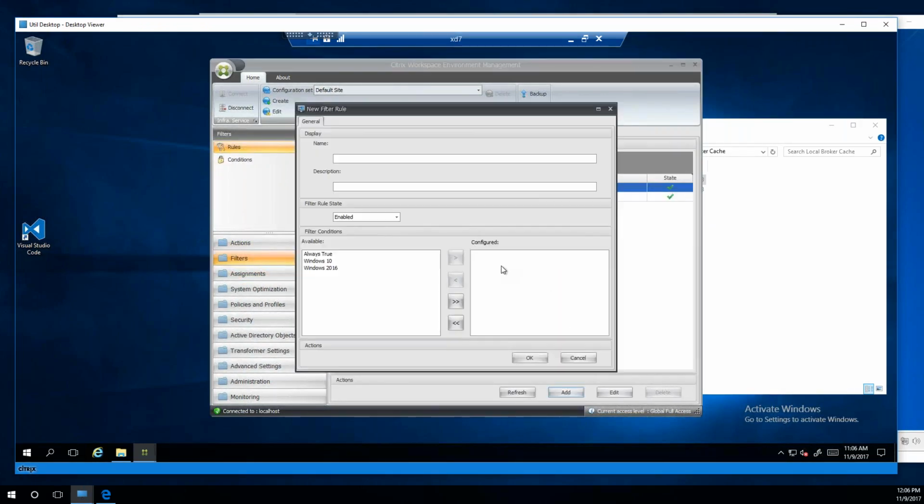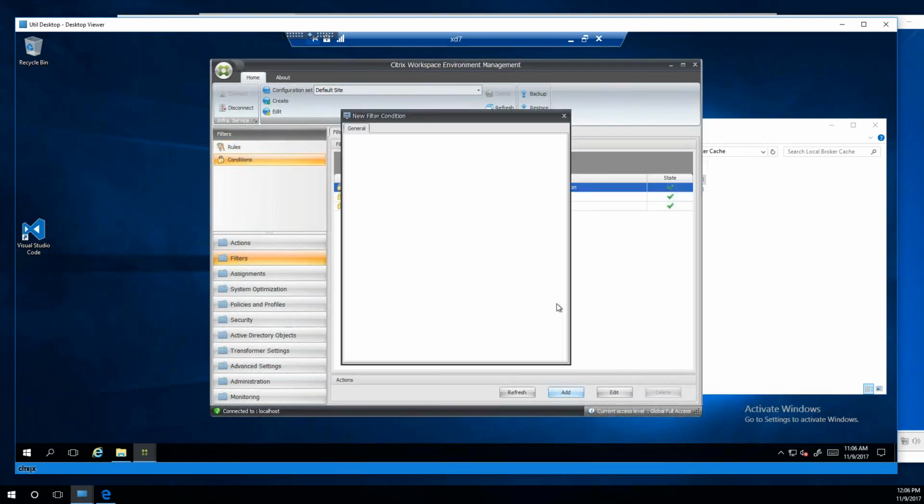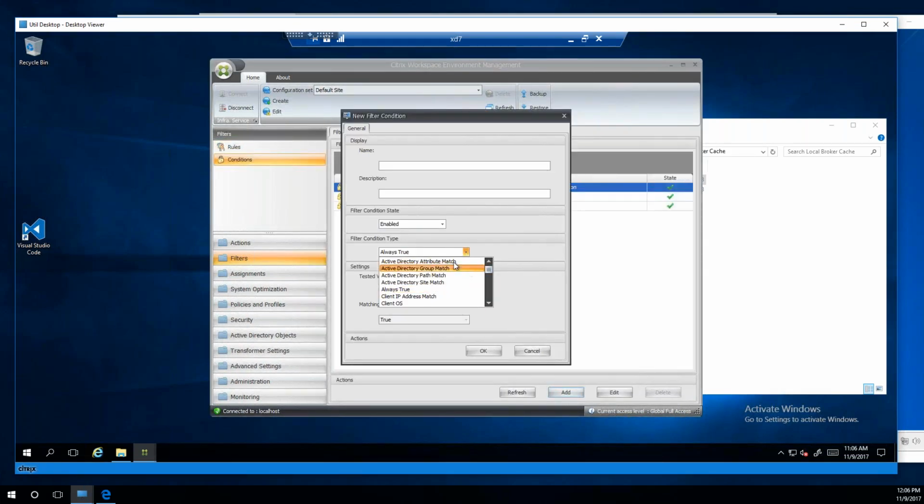So you just choose whatever conditions you want, and it can get as granular as you want. It has very standard ones of AD attributes, client attributes, environment variables. Then there's the opposite of each one of those, so that's why there's so many. If you really want to get into something really granular, you can do a WMI query. I never suggest that because that takes up a lot of time and resources. Or you can also do anything XenApp or XenDesktop.